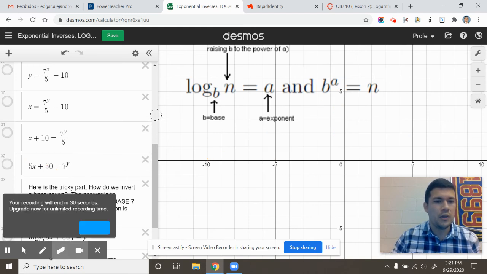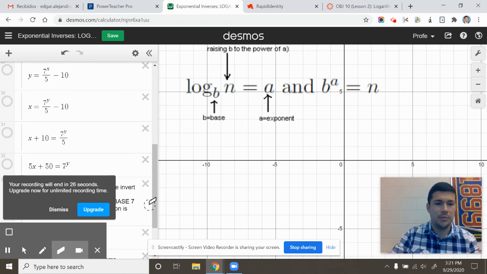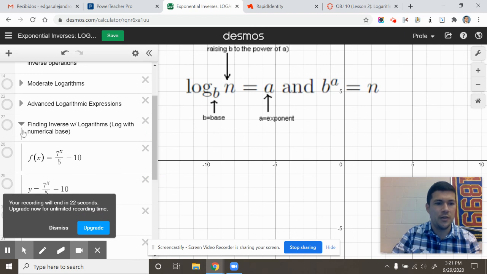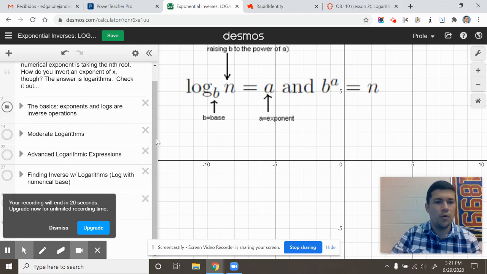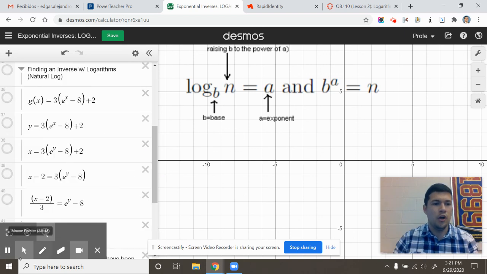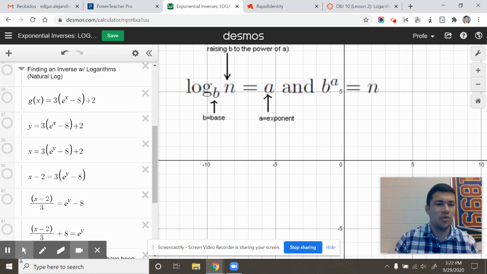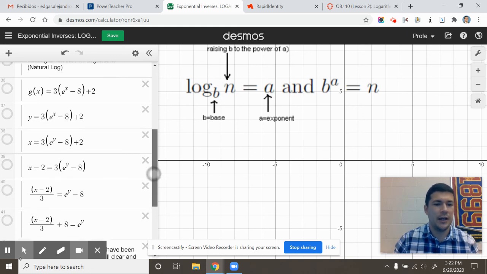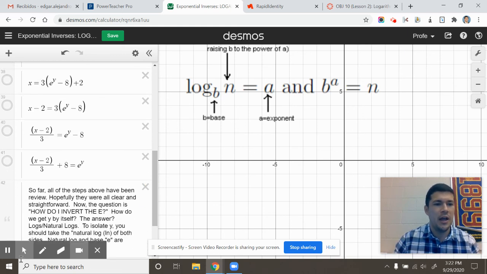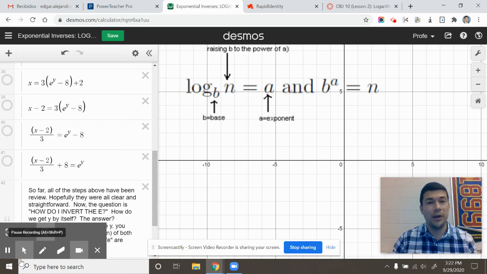Cool. Let's look at one more example, all right? One last example right here, in the 24 seconds that we have left. What if we have a base e, all right? Take a look at the steps that I followed right here. I switched x's and y's, I inverted the operations, and I ended up with a statement that said (x minus 2) over 3 plus 8 equals e to the y. All I have to do is invert that, but I invert it not just with a regular log, but with